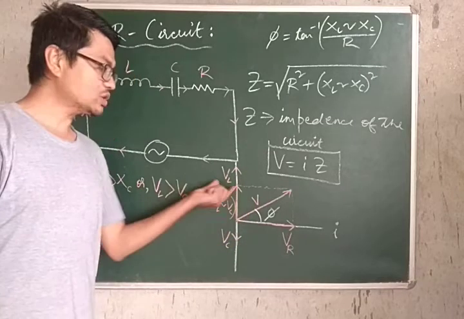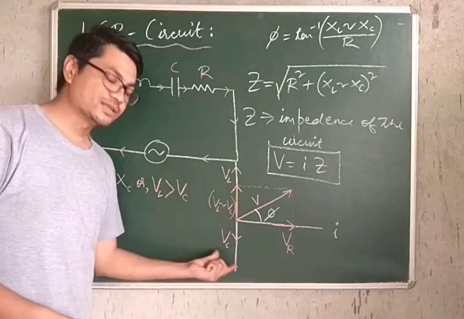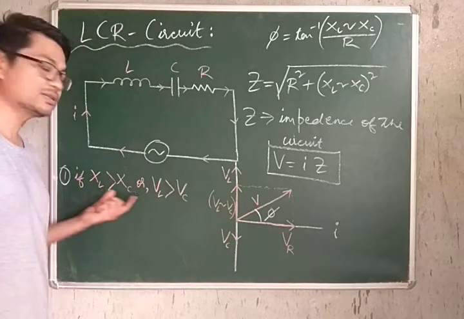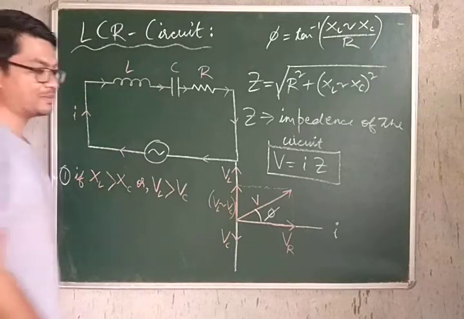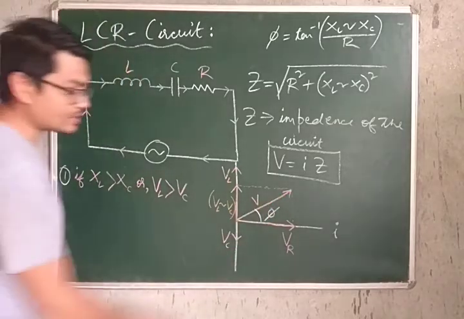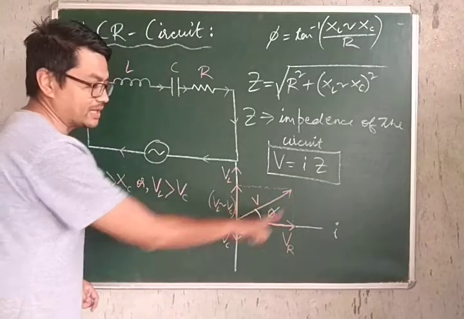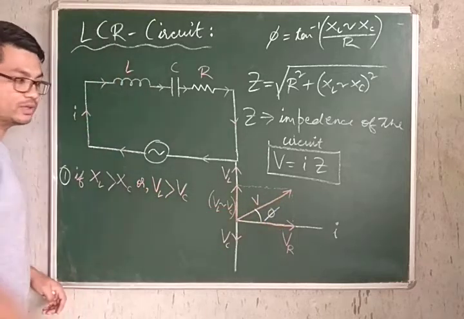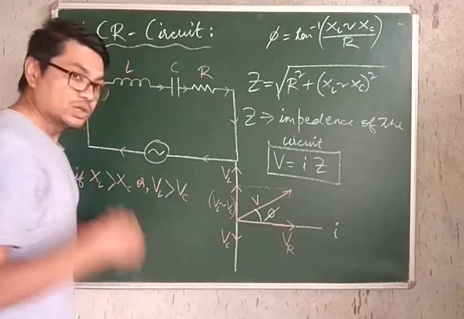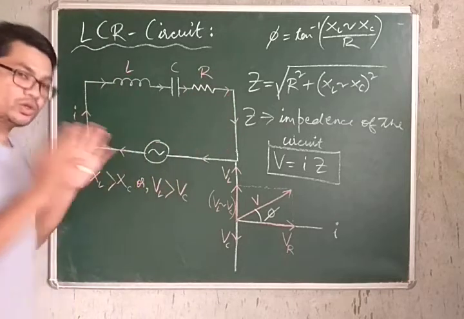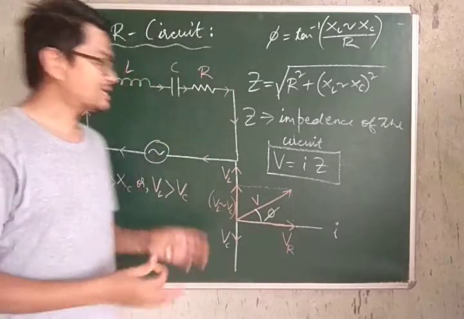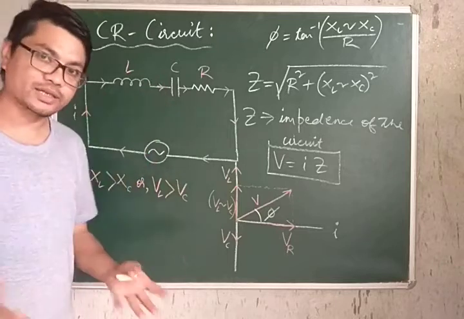So if the potential across the inductor is greater than the potential across the capacitor, then we see that, like in this phasor diagram, the voltage leads the current by a phase angle of phi. So the circuit on the whole, if VL is greater than VC, acts as an inductive circuit,